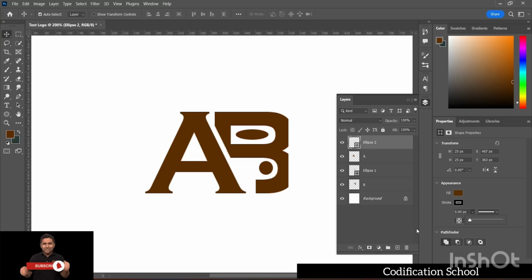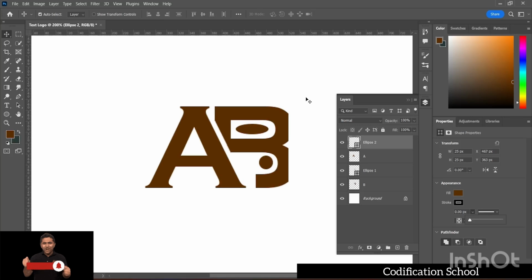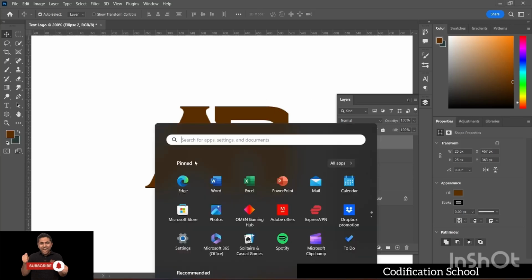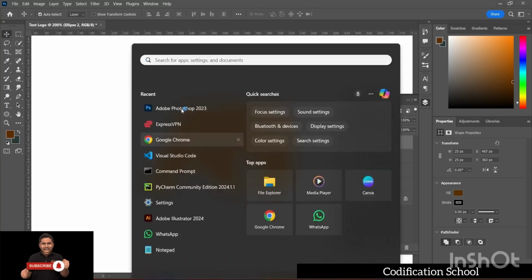As you guys can see, I do have trimmed these parts down whatever I needed. I do have worked with all of this, and the next part is I come here and basically I do put on some gradient and stuff like that. Okay, so for that, if you do want to check out some colors, let's come here and let's go to my Chrome. So from here, let's type for Google Chrome,